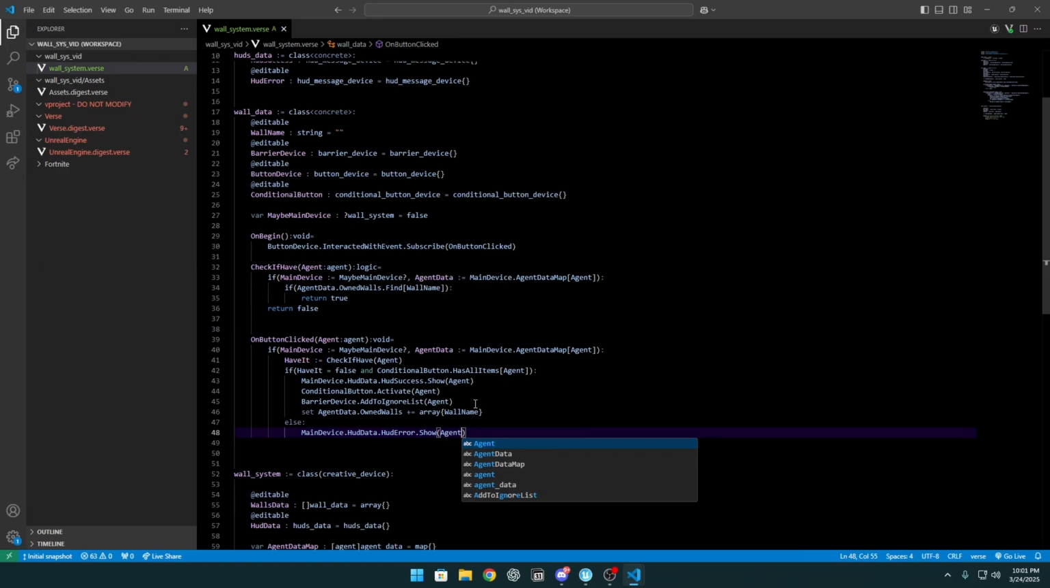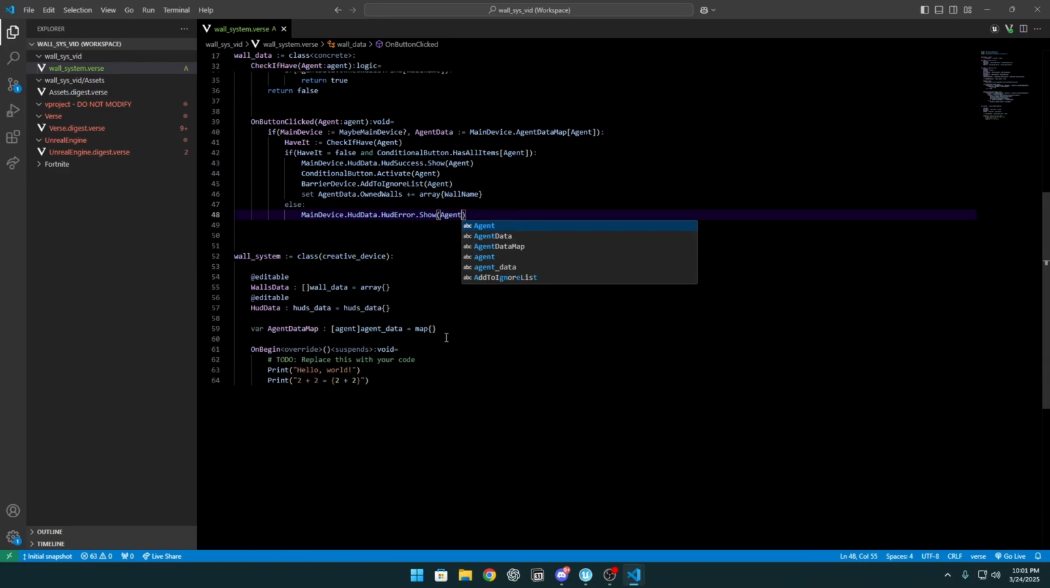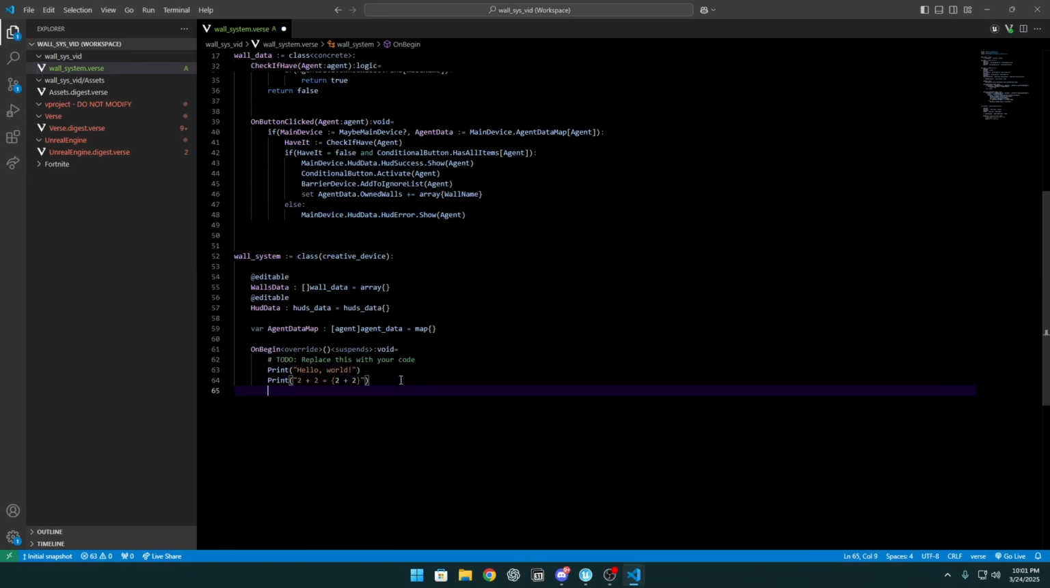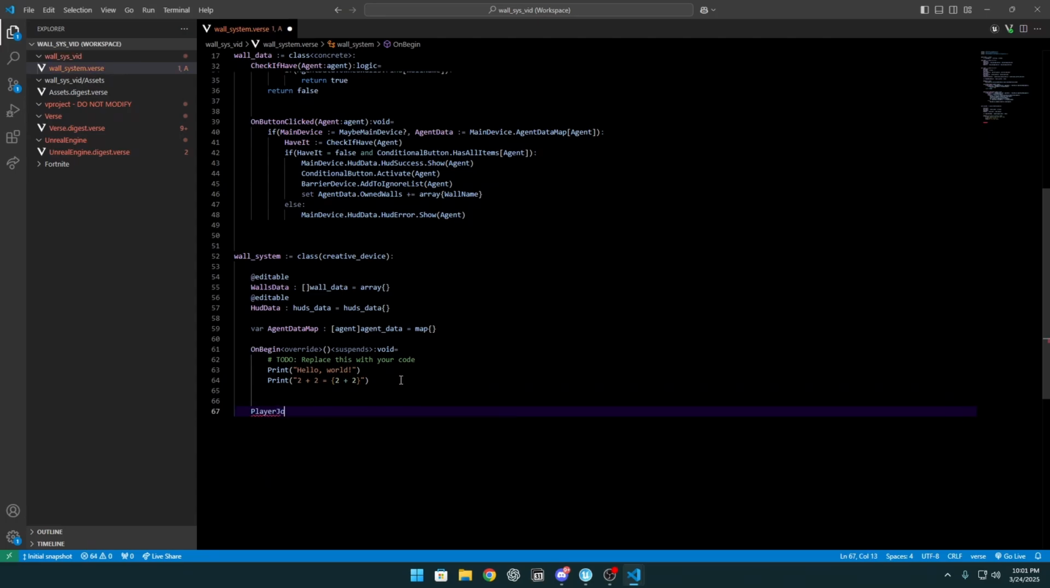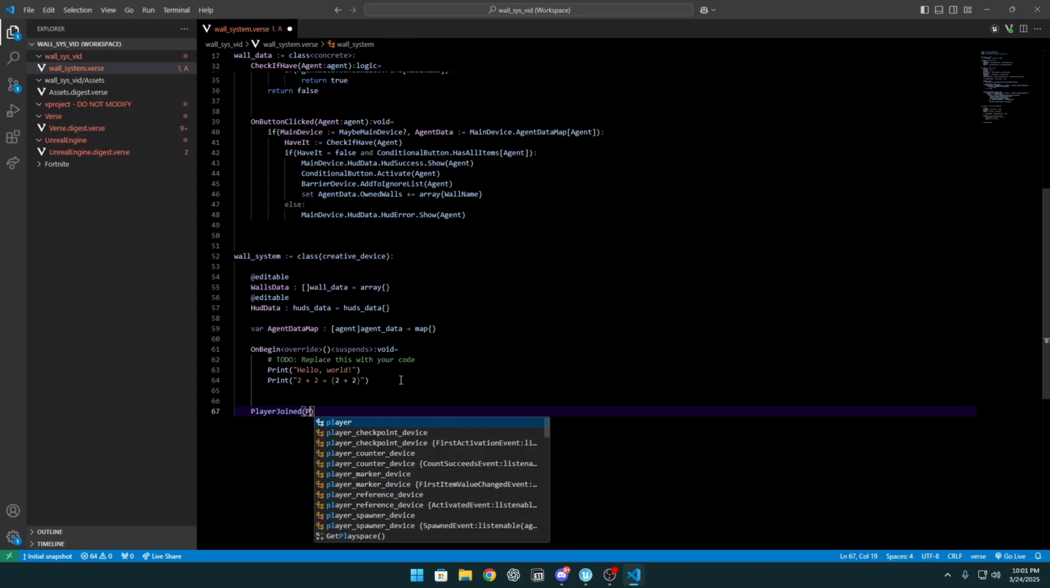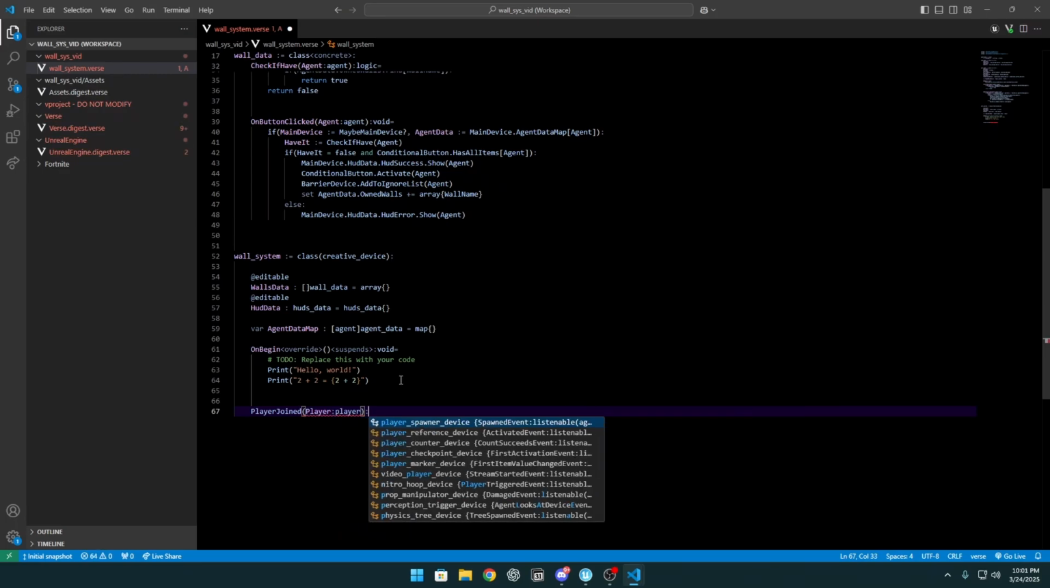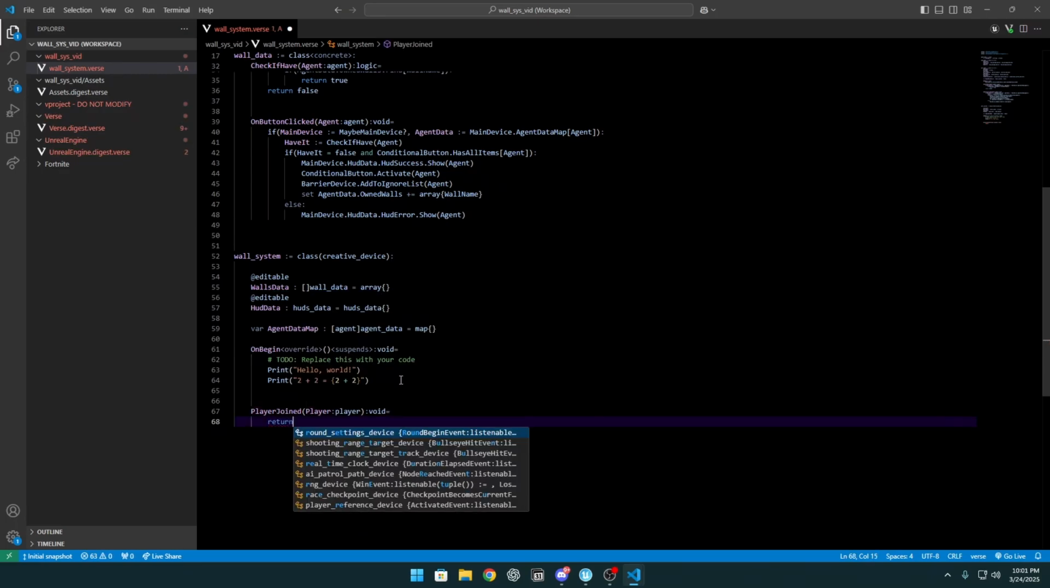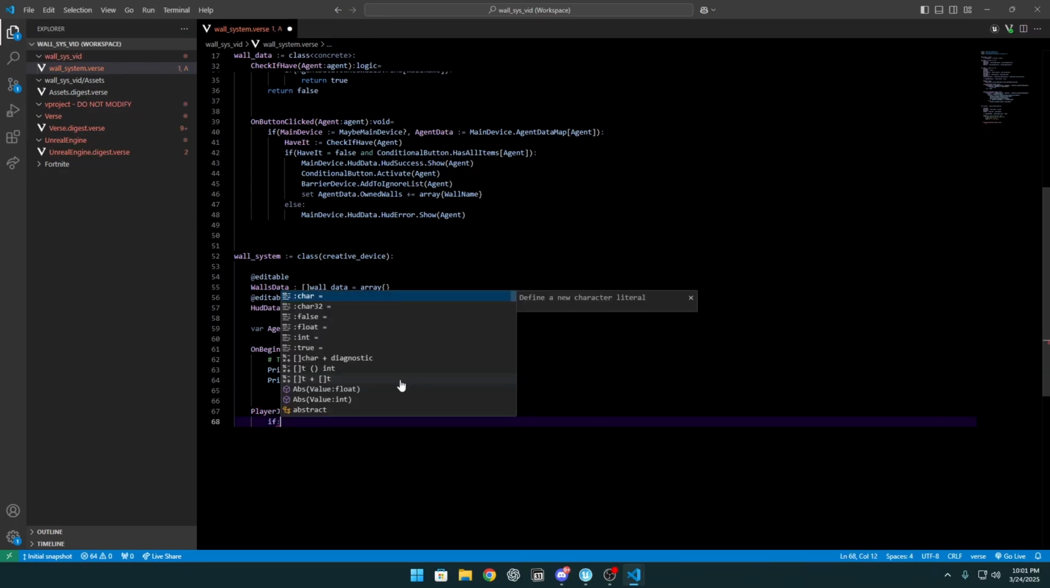Okay, so that's it. We can go to our wall system and create the function player joined, and this will require a player, type void, and not return will fill up. So if